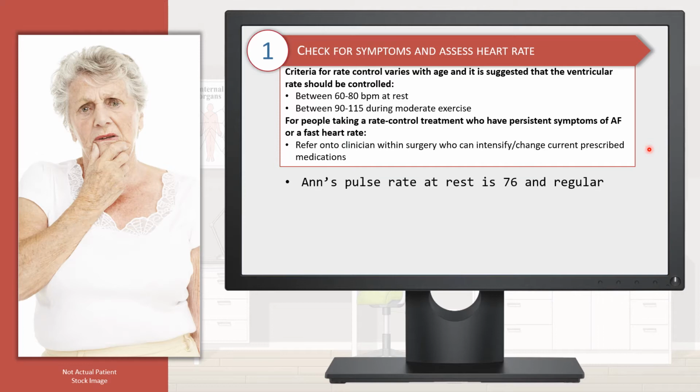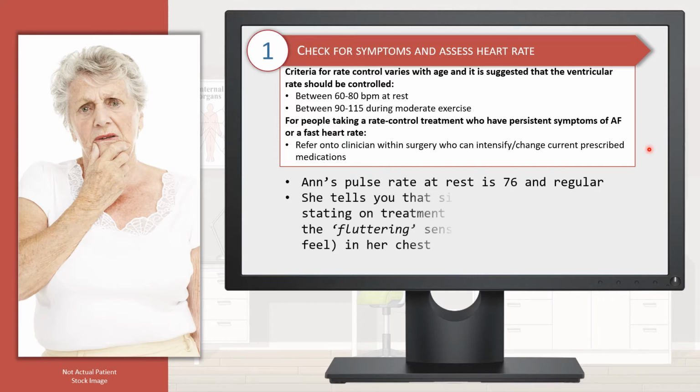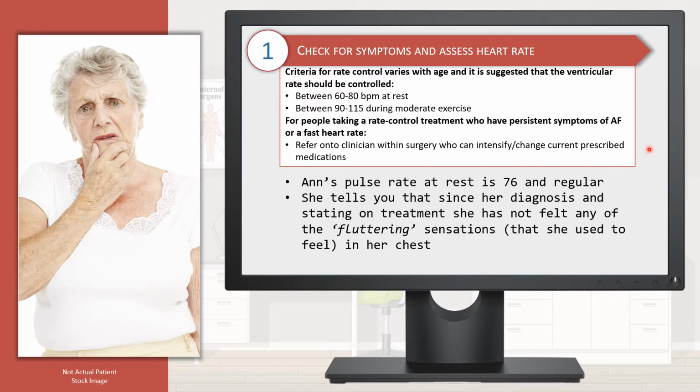And so we're really quite happy with that. There is nothing to report. It's falling within recommended parameters. And she also tells you that since her diagnosis and since she started on a treatment, she hasn't actually felt any of those fluttering sensations that she used to feel in her chest. And so therefore, with regards to the first aspect of the annual review, I think that there isn't anything to